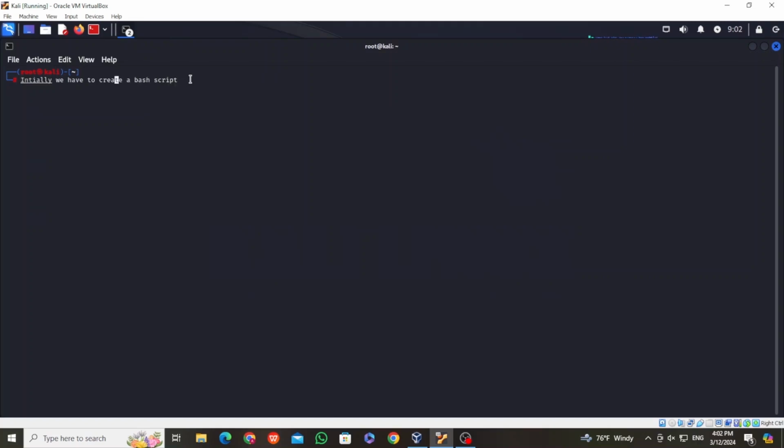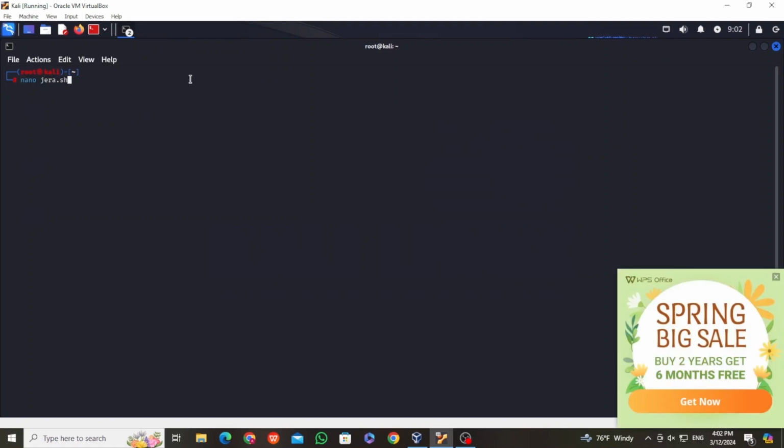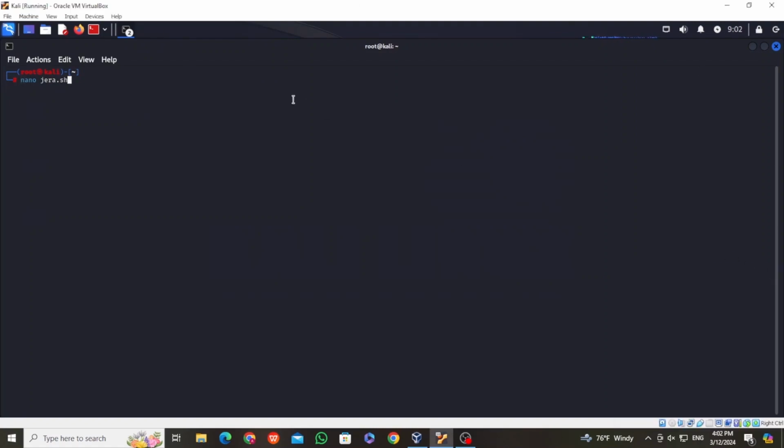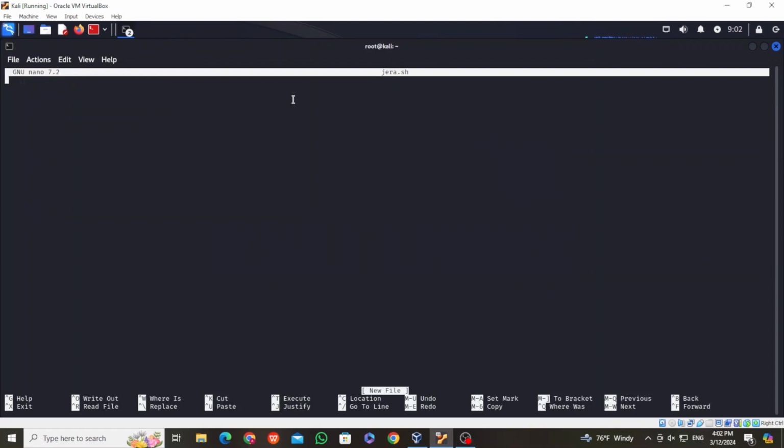So to run a bash script on a Linux system, initially we have to create a bash script file. Initially we have to create a bash script file.sh. So let's create it with nano jira.sh. In our terminal editor, we can write some simple